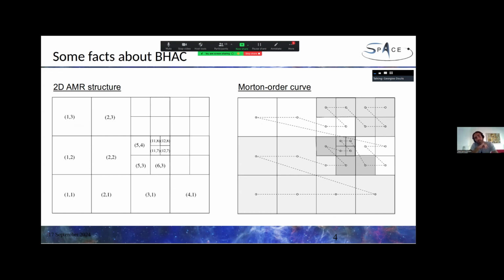So let's assume that our two-dimensional computational domain is composed of 27 blocks, and let's say that we are running on four MPI processes. What BHAC is doing is that it divides 27 by 4, and so on each MPI process it will allocate 6 blocks, but because we have 3 blocks left that cannot be divided exactly, it will give 1 additional block to the first